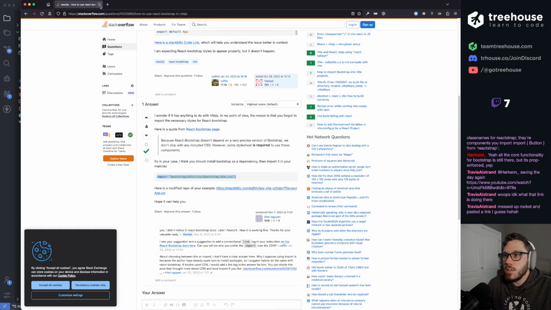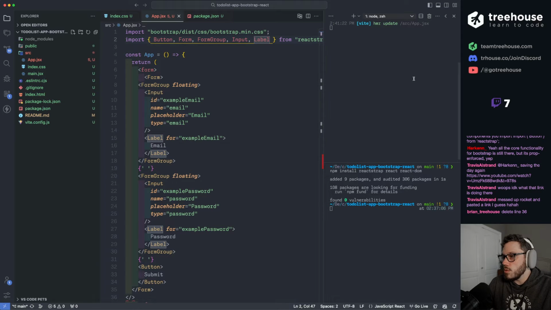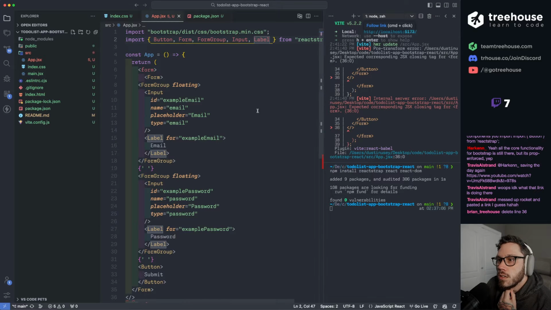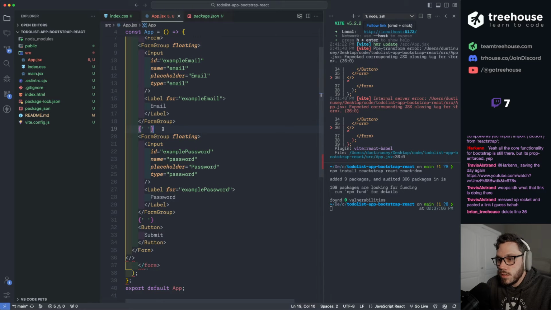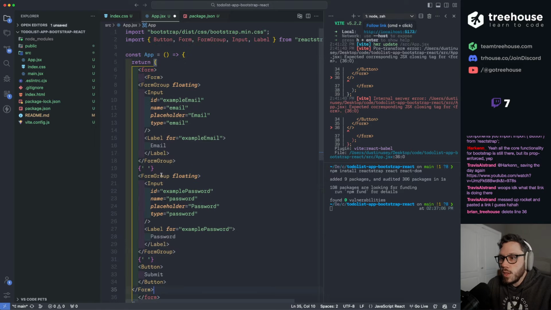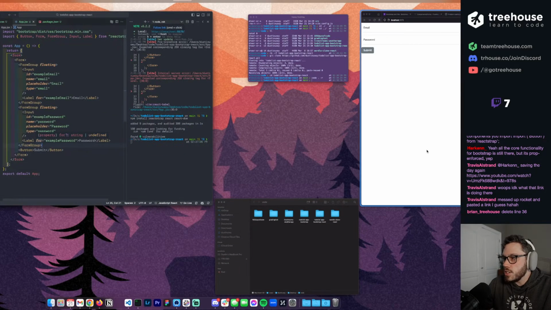Why do I have so many browsers open? Let's go to localhost. Is it the wrong localhost? Yeah, something's wrong. Let's see what we're forgetting. Delete line 36. What did I do? Is there an open fragment somewhere? Oh, that's so weird. Why is that there? And what are all these things? I hate this. Does anybody know what these are on line 30? Because I see them a lot while I'm working with React, and I don't know what they are. But yeah, that should fix it.